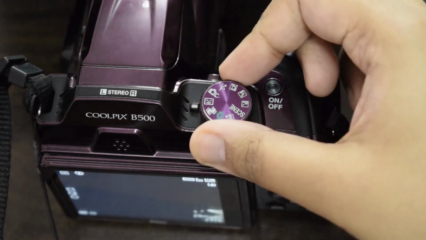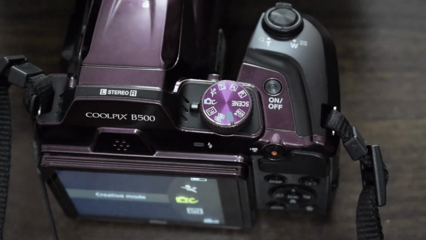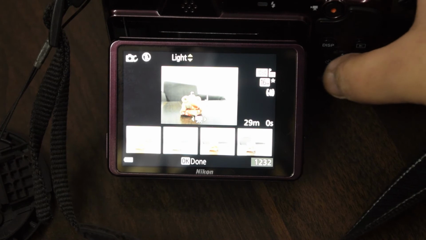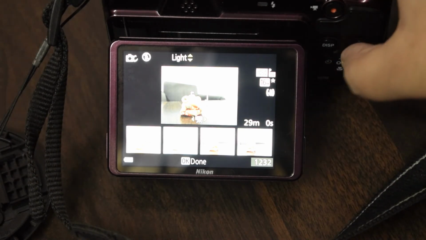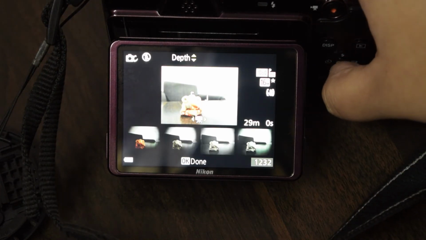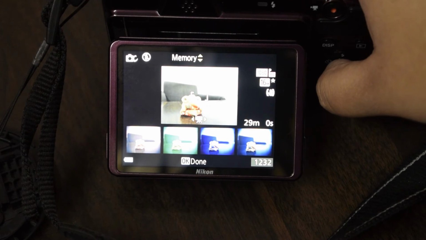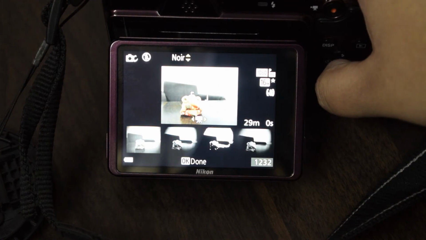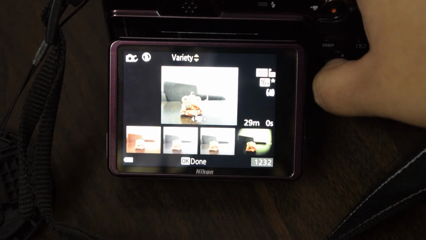Another way to apply filters is to use the creative mode. Here we have a host of effects. Press OK to browse through them. Light, depth, memory gives you a slight color cast. Classic gives you an extreme color cast. Noir for black and white.